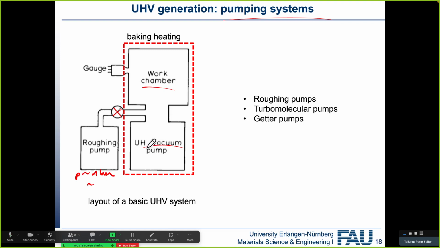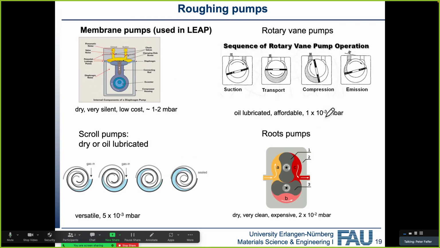Maybe 10 to the 0, 10 to the minus 1, 10 to the minus 2 millibars, depending on what it is. And we need some kind of vacuum gauge. Sometimes the pumps connect as gauges, or the gauges connect as pumps, but typically we need both. And we'll see later why that is the case, why they can act as gauges or act as pumps. And so we'll look into roughing pumps, turbomolecular pumps, and ion getter pumps, or getter pumps in general, not necessarily ion getter pumps, sorption pumps. So roughing pumps,